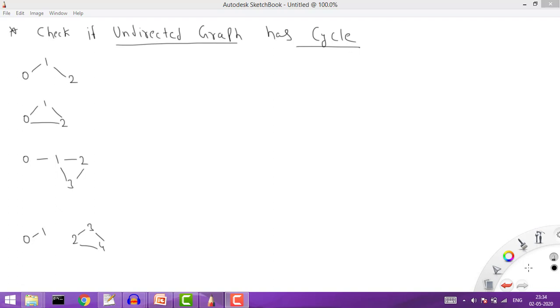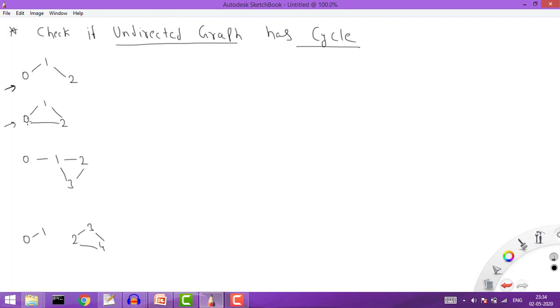So basically we are given an undirected graph and we need to find out whether there exists a cycle or not. Like here, if you see, we have different examples of graphs. This is one undirected graph. Here, if you see, we don't have any cycle because there is 0, then 1, then 2, so there is no cycle formed. Now in this graph we have one cycle because from 0 to 1, 1 to 2